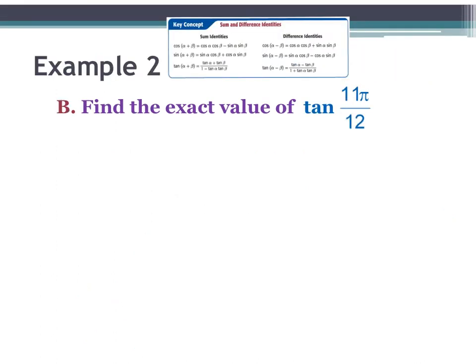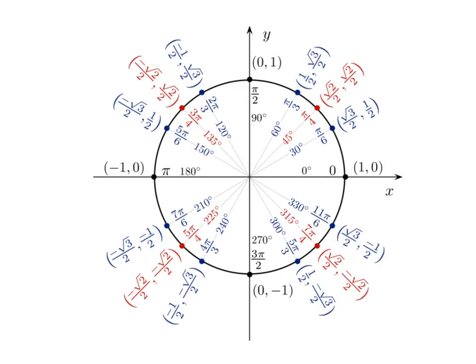All right, so what if it's radian measurements? These ones tend to be a little bit trickier. So we just looked at a few degree ones together, and now we're going to look at a couple radian measurement ones together. With radian measurements, you really can't look up 11 pi over 12 on the unit circle. But if I look at the unit circle, and I look at all those radian measurements around the unit circle,